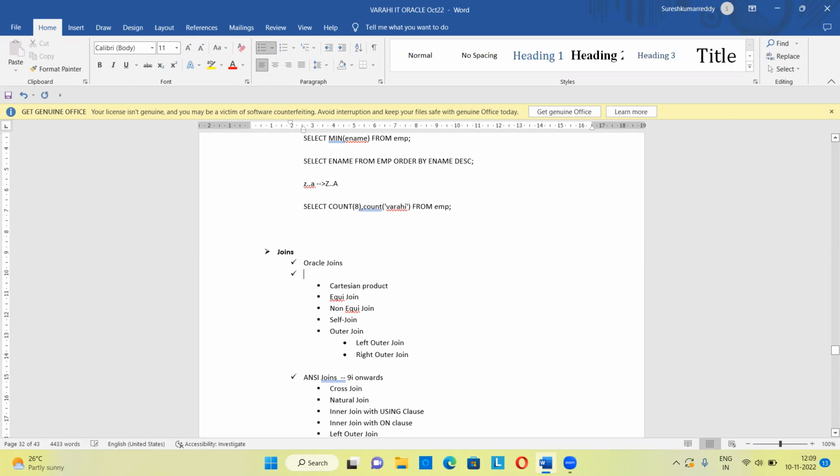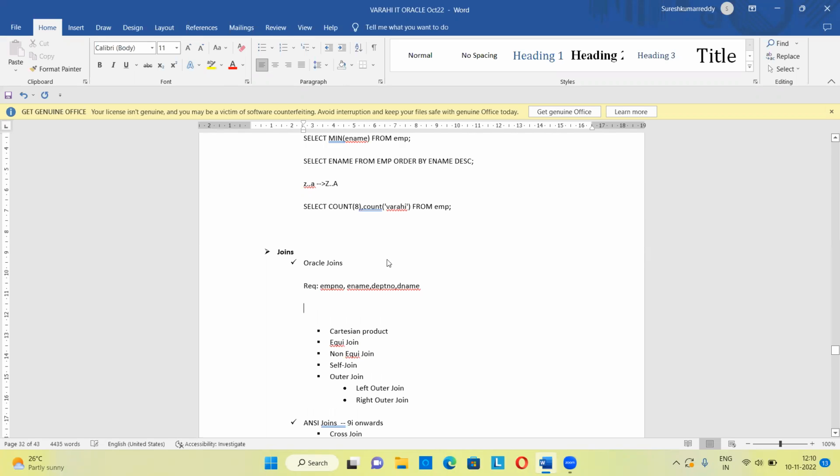Okay, so simple. Before going inside those types of joins, first we'll see how to get the data from two tables. Okay, we have two tables here, the employee table and the department table. Let's try to retrieve the data from the two tables. I want to retrieve these columns of data: employee number, employee name, and for which department number the employee is working, and what is the department name. That's it. These four columns of information I need. Okay, let's go back to